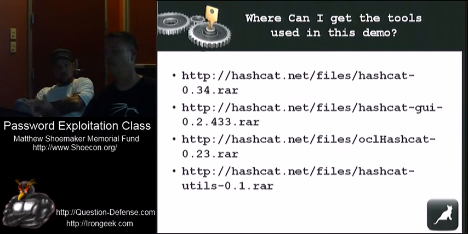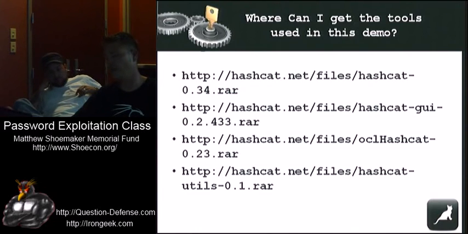All right, so if you want to get the tools that I'm using in this demo, the first one's Hashcat, which has a Windows binary and a Linux binary in both of these. There's actually a Hashcat GUI, which only works on Windows, and that's what I'll show for Windows. I didn't put oclHashcat on it, but that zip file I gave to everybody does have Hashcat in it. You have to unzip the raw file, so if you have 7-zip, you should have no problem doing that.